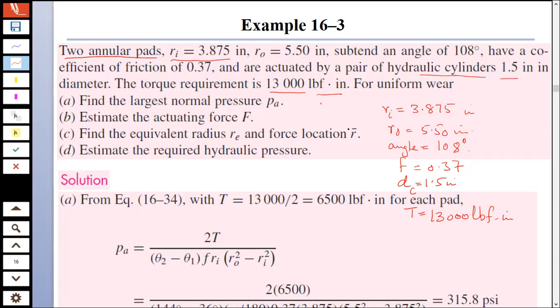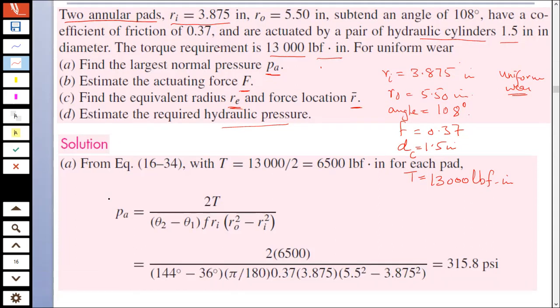For uniform wear, he says use the uniform wear model. ठीक है जी, यूनिफॉर्म वेयर मॉडल इस्तेमाल करें and find out the largest normal pressure PA, the estimate the actuation force F, find the equivalent radius RE and the force location R bar, and estimate the required hydraulic pressure. ठीक है जी, सबसे पहले